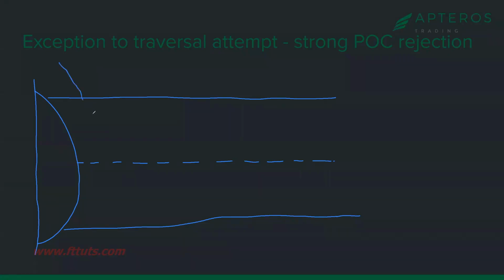If we are doing this, we got our traversal expectation. We got our retest. So we got a couple different laws going on. And then all of a sudden we get to this point of control. And I don't mean, because a lot of times you will see a reaction from the point of control. That's not what I mean. So this is going to take a little more nuance, a little more skill to see, but we'll get you there. It's not going to be a focus of ours for this week or anything like that, but we can notice it. Like I said, it happened today, but it needs to be something where you, using shorter term tools,